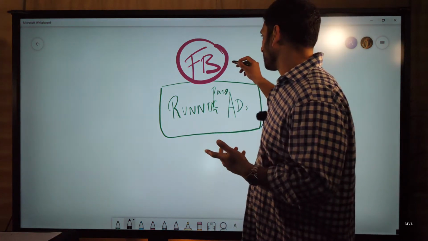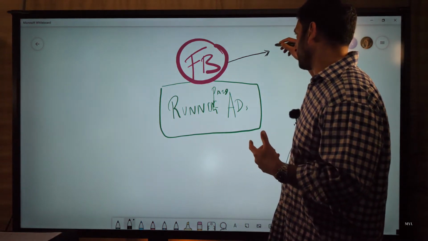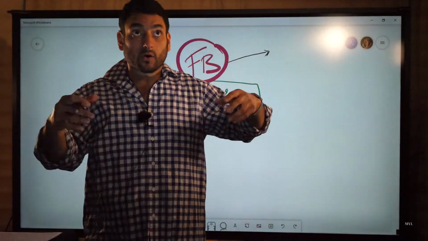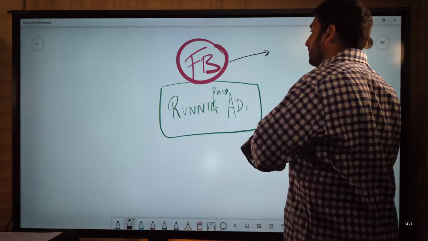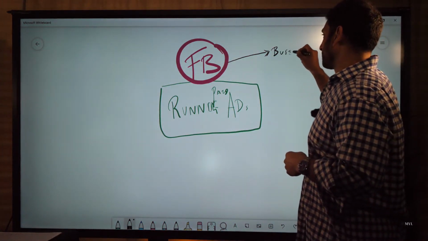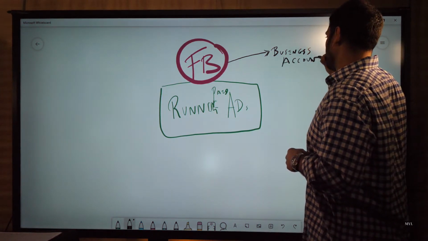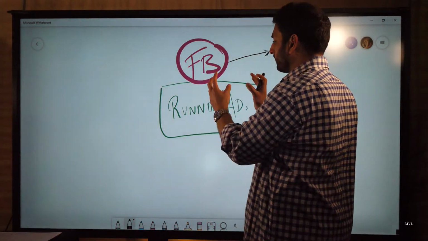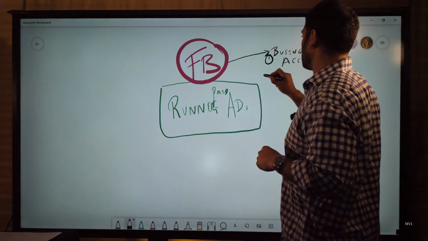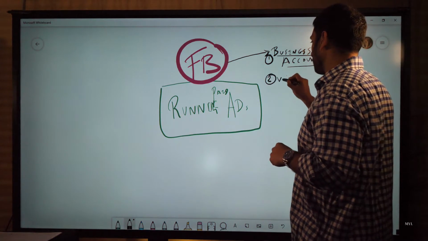You have to look at it and think, okay, there's a process to Facebook ads. Let's not get overwhelmed with, oh my God, it's a Facebook ad campaign. The first thing you have to do is set up a business account. So we could break that small task of the Facebook adverts down into simple steps. Step one, we open up the business account. Step two, I think you'll have to verify it.